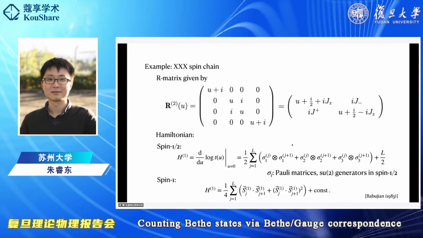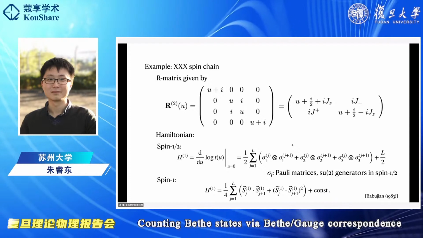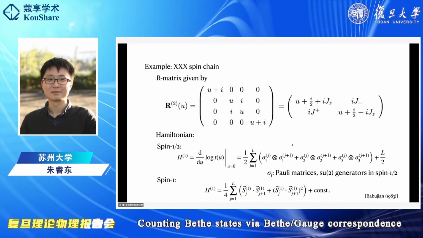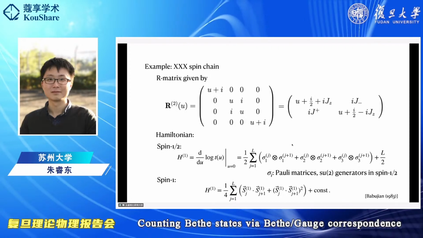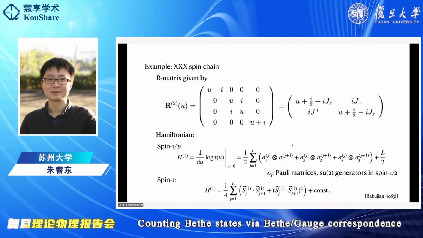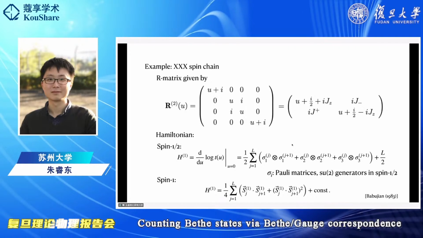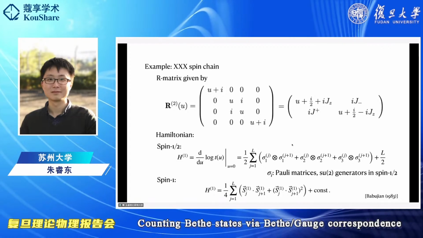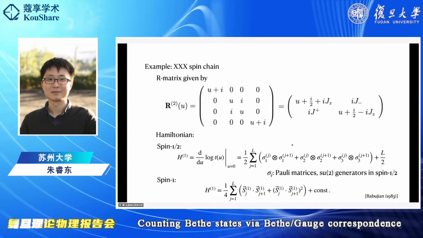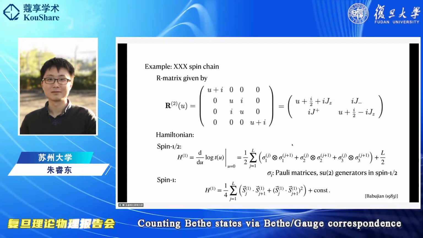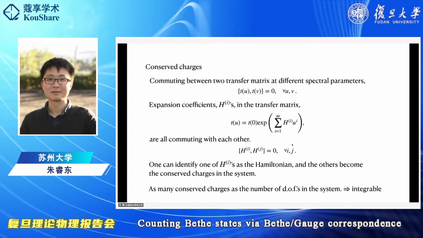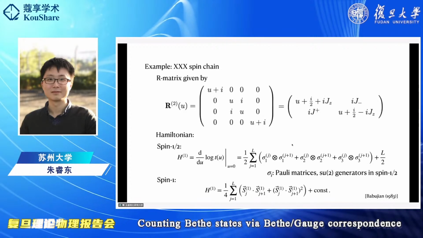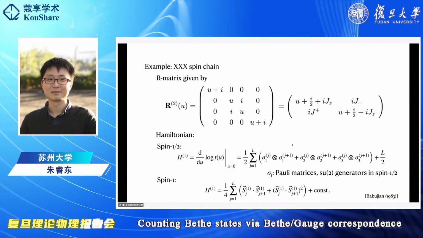So let's repeat this process with an example. The example we want to consider is the XXX spin chain. The R matrix is known to be given by this 4x4 matrix. But it's also possible to rewrite it as a 2x2 matrix with each element being a 2x2 matrix. So we can use Pauli matrices to rewrite this. One can, for example, compute the Hamiltonian by first constructing this transfer matrix by multiplying these R matrices together and then doing the expansion. We will see that this